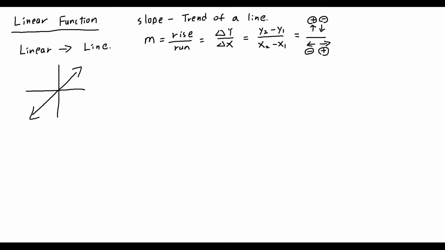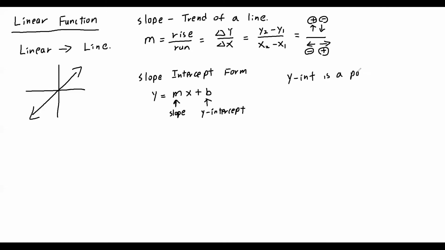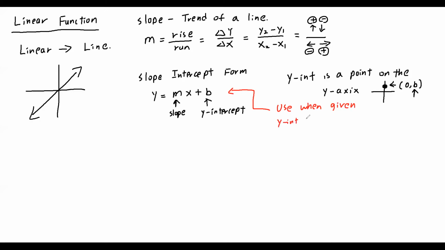To write an equation of a line, we have two major equations. The first equation is called slope-intercept form, which is represented by the equation y equals mx plus b. m is the slope, b is the y-intercept, which is a point on the y-axis, referring to the y-value of the coordinate. And we use slope-intercept form when we are given a y-intercept and a slope to help us find the equation